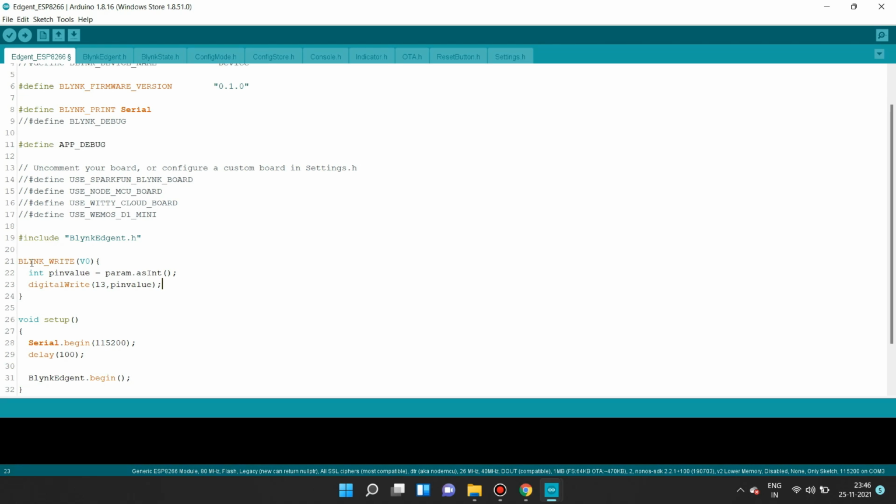You can also define the pin number as LED pin outside this BLYNK_WRITE function. Okay, just for that I am using int LED pin equals 13, and 13 is the GPIO pin of the ESP8266 board, and which pin number you can see on that board is D7.